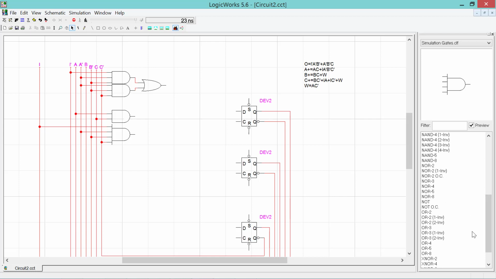These connect to an OR gate, or 2. Like so. Then we can connect